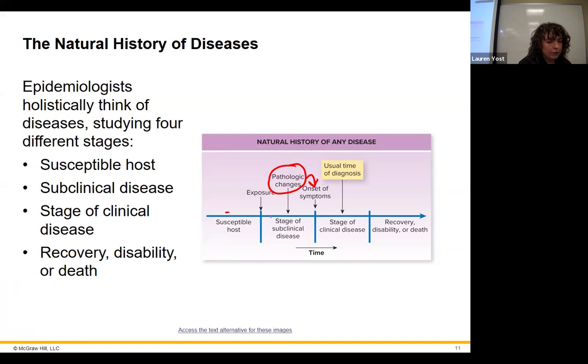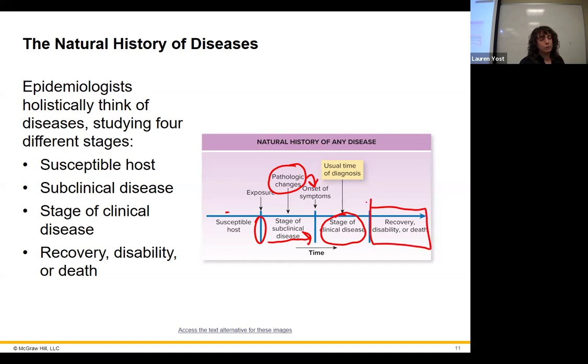But you get infected here. It's growing as a disease. You have your signs and symptoms. You have your stage of clinical disease. That's usually whenever you're going to get diagnosed, because you finally decide to go to the doctor or whatever. That's kind of that acute phase where we're looking at how diseases progress. Remember, we had talked about incubation, prodromal, acute phase, and then convalescence. So the acute phase, the stage of clinical disease, and then recovery, disability, or death.